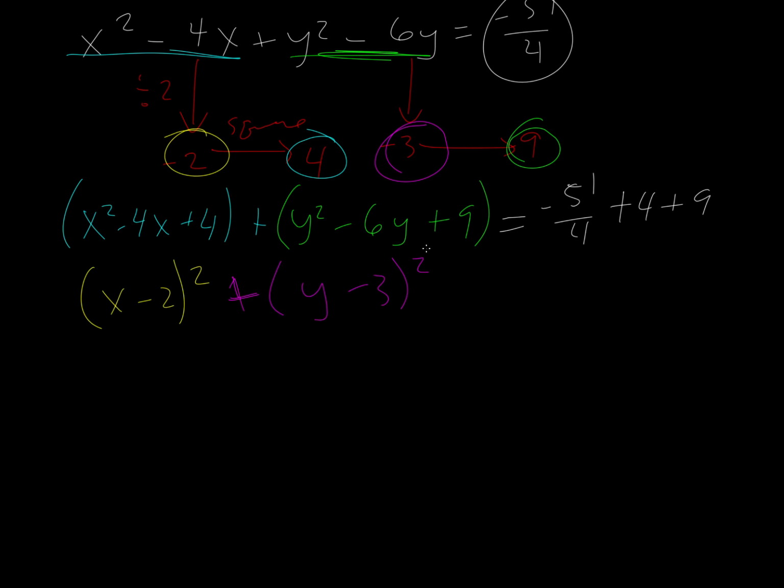So that's good. Alright, now over here we need to get common denominators. So we want everything to be over 4. So this is going to be 16 fourths and then 36 fourths, all added together. So 3, 4, 5, so that's 52. So we have negative 51 plus 52 all over 4, so that's just 1/4. Okay,